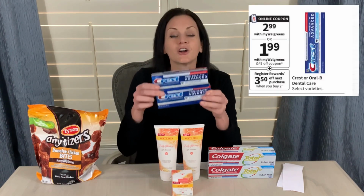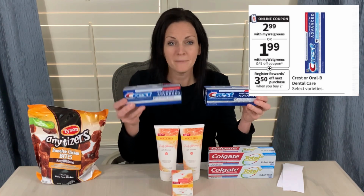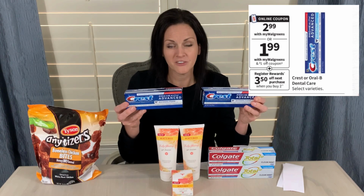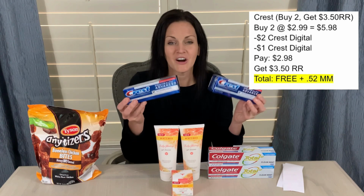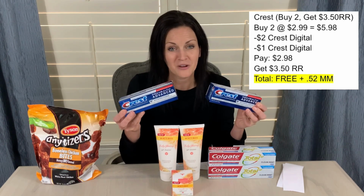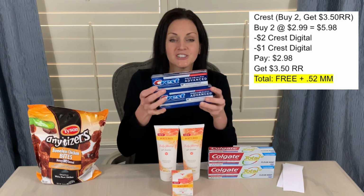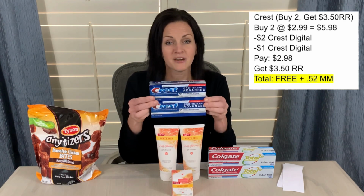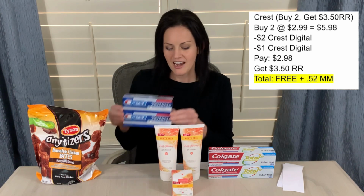Okay, so the second deal I did was on Crest toothpaste. These are $2.99 each. Buy 2, get $3.50 back in a register reward. There are digital coupons that do attach and apply to these items. There is a $2 off one coupon and a $1 off one coupon. So you would pay $2.98 and you would get $3.50 back in register rewards, making them free and a 52-cent